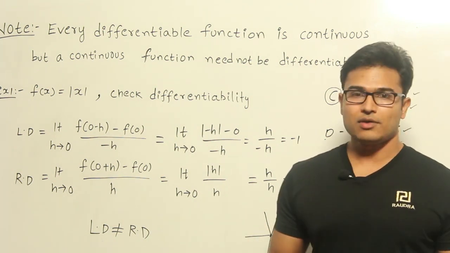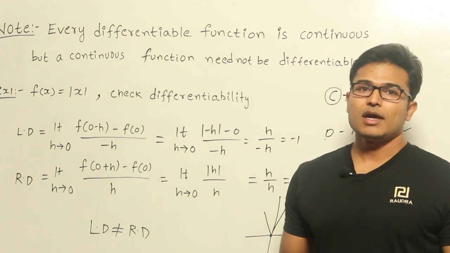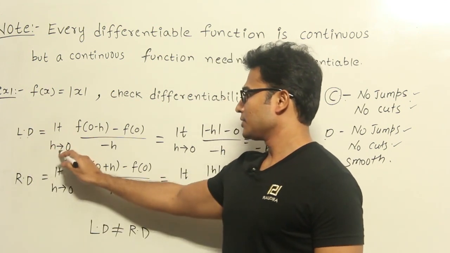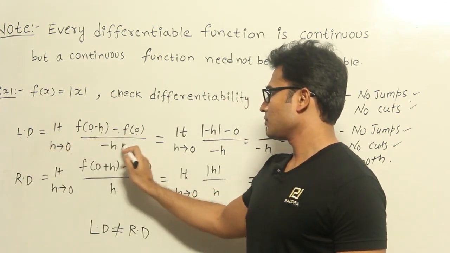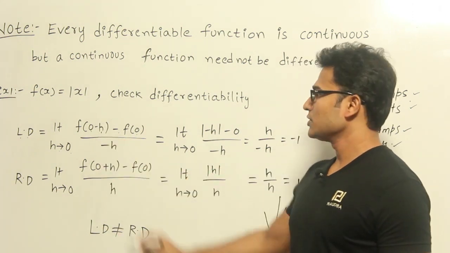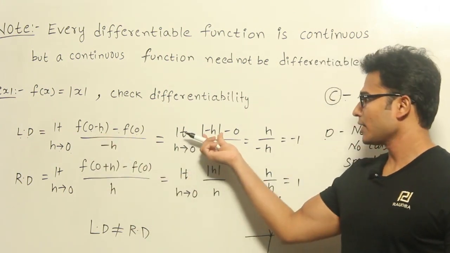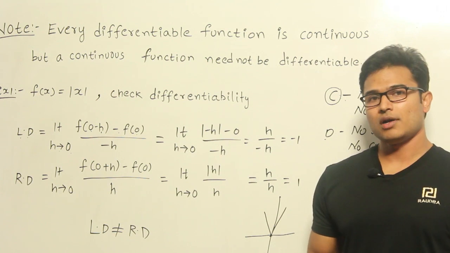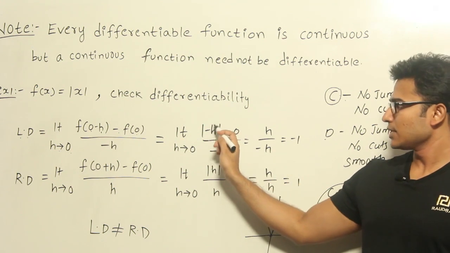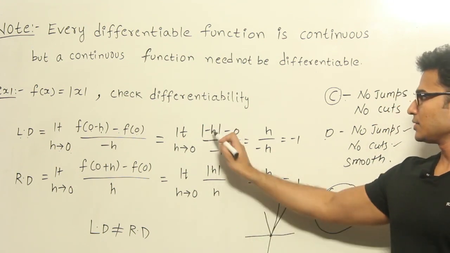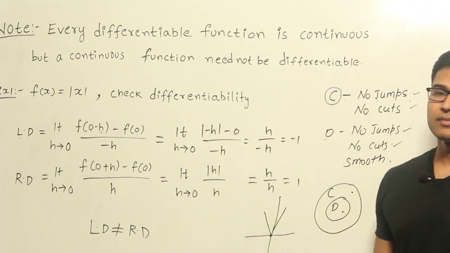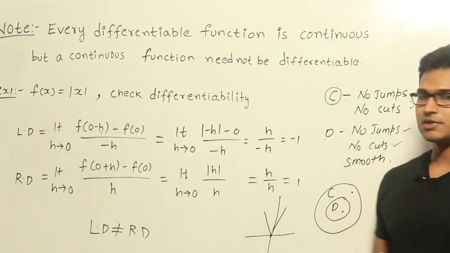Now how to find it out? Find the left derivative, find the right derivative, and see if they are equal or not. According to the definition, the left derivative is the limit as h tends to 0 of f of 0 minus h minus f of 0 divided by minus h. Now 0 minus h is nothing but minus h, so in place of mod x, I substitute mod of minus h, minus 0, divided by minus h. Since h is a small positive number, minus h is negative. Therefore, to convert it back to positive, we get h here. So it is h by minus h, which means minus 1.